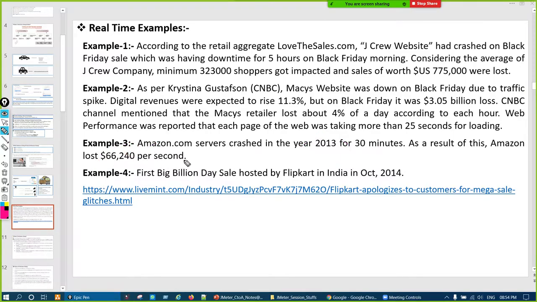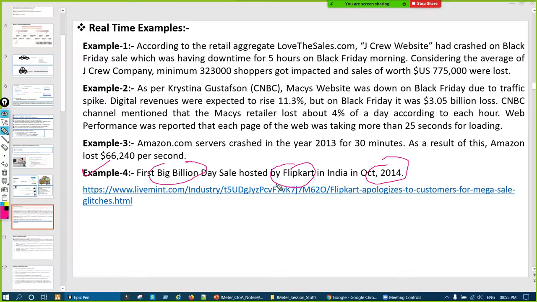Now in India also, one very famous case happened when Flipkart hosted its Big Billion Day sale in October 2014. At that time Flipkart was the only company which introduced Big Billion Day in India. Then Amazon and Snapdeal started hosting Republic Day sale, August sale, Diwali sale.